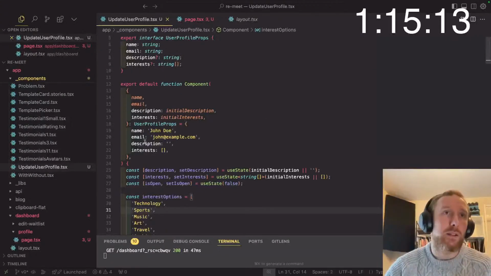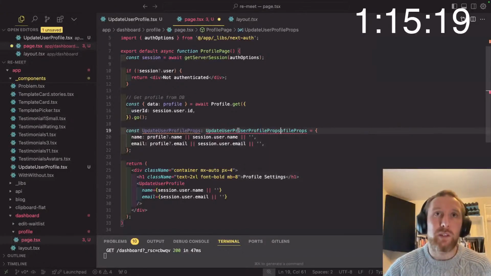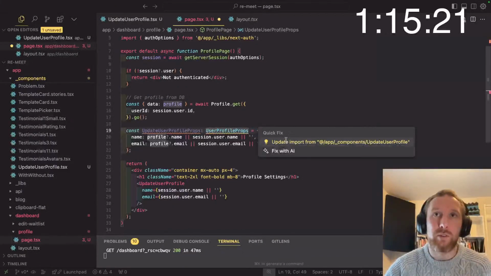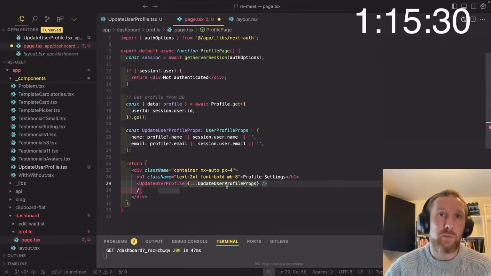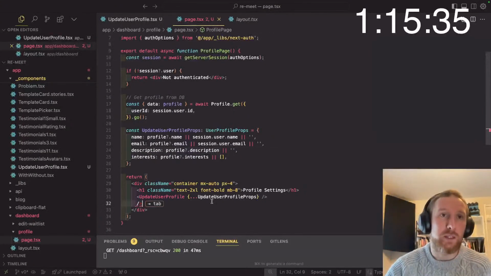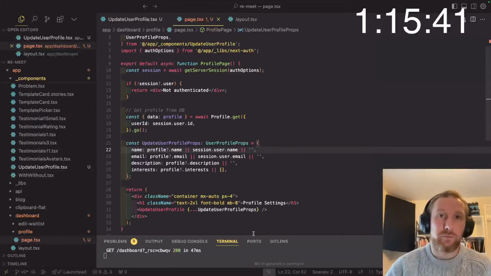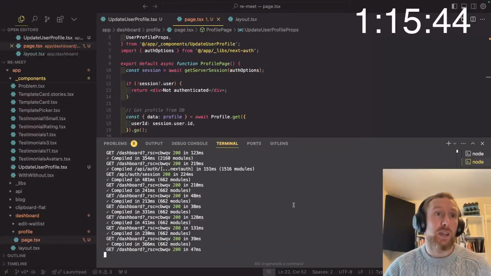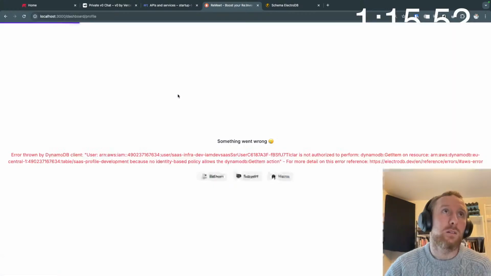So save all of that, and if we go back to our page, we can change this to be user profile props, which we can import from update user profile. And here it's saying we can change it so that we're just passing in our props, and description and interests can also be passed in. So that is our new component. So let's basically try it out. Let's go back into here, go into our home, and if we click on profile,